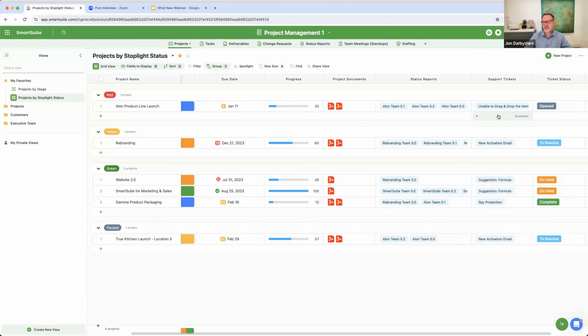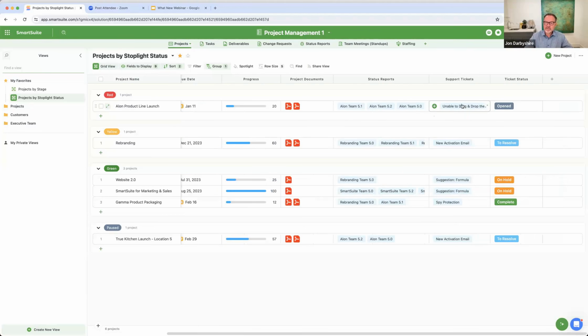and I want to see the support tickets that are actually linked back to this client, maybe that are open or just in general. But I also did a lookup field here to tell me the status inside of this record that's in another solution. So in the past, we've allowed you to do this and we will show these values, but now